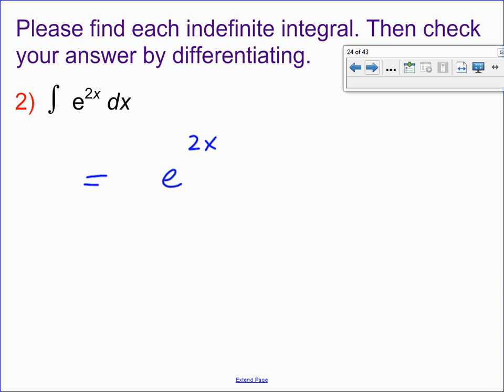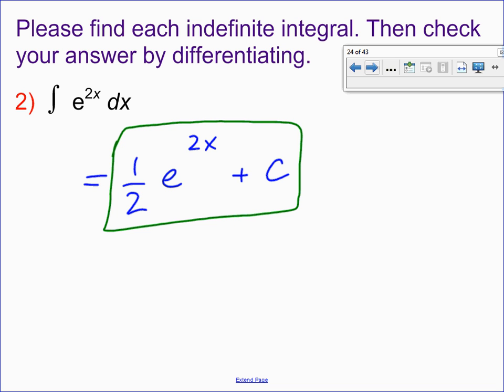Well, ln of e is just 1, so that won't change anything. But times the derivative of the exponent, right? Times the derivative of the exponent. What's the derivative of this exponent? 2. And was there a 2 here? No, so I must account for that fact by including what? Well, 1/2. So I can informally generate that constant as well, so long as I'm very good with my derivative rules. Don't neglect to include the plus c, and a quick check